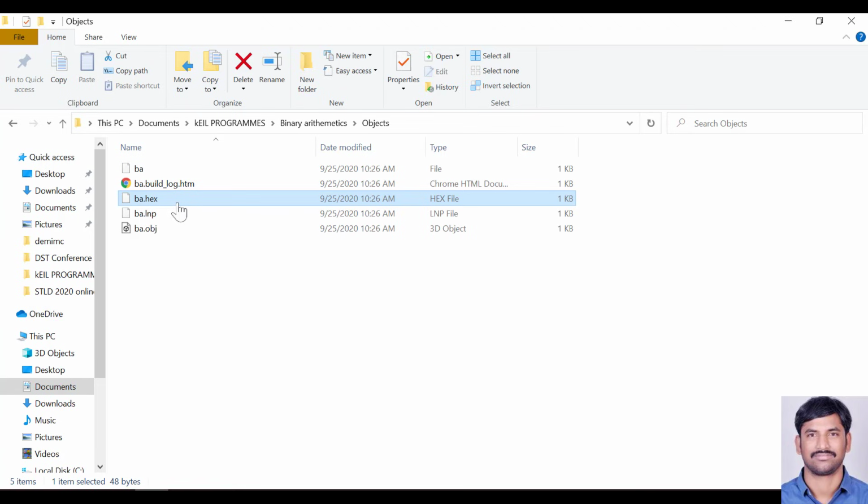Okay, so this is how you are going to do basic arithmetic operation, binary arithmetic operations. And whatever I did not do in this lecture, you take it as a practice, you take it as assignment for you and do it on your own and try to check your results step by step.